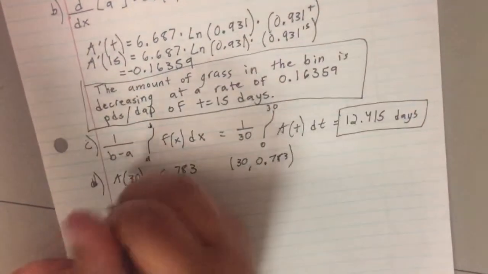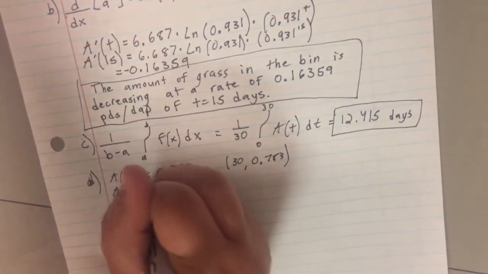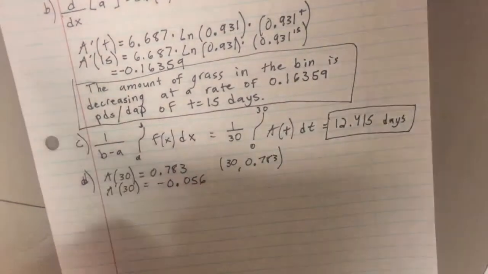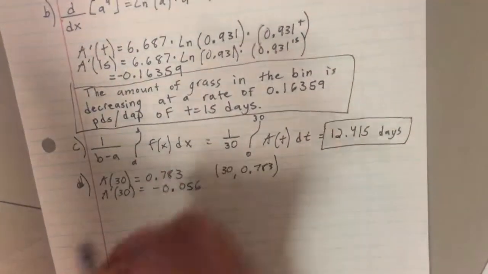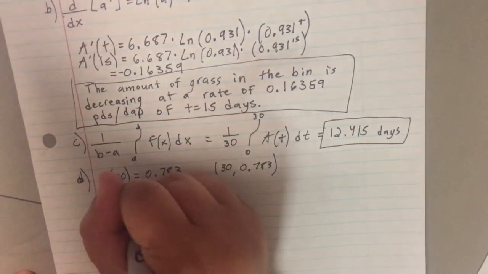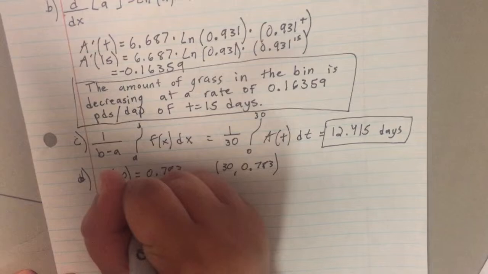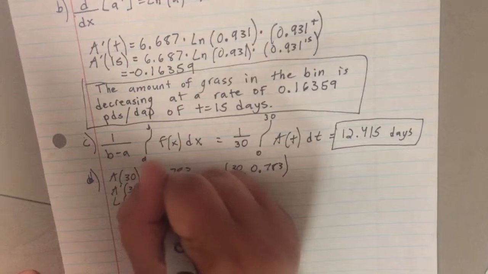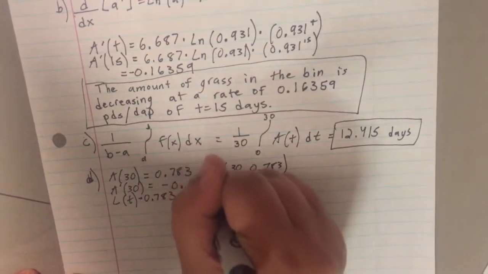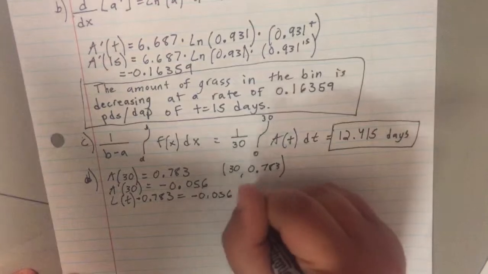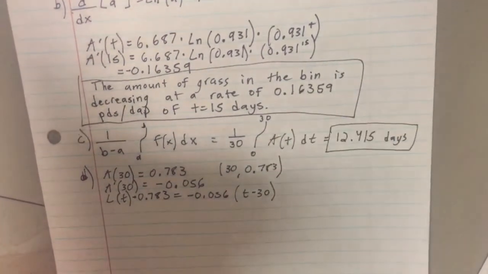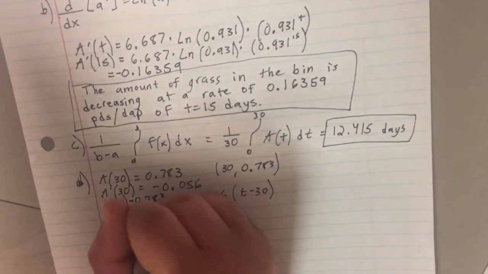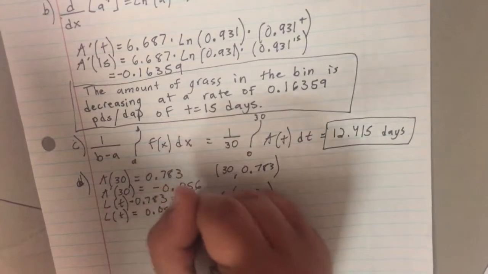Okay, and then if you take the derivative at 30, you will get negative 0.056, which will be your slope, and then you put it in point slope form, and I'm going to be using L of t and t. L of t minus 0.783 equals negative 0.056, which is our slope, times t minus 30. And then you can solve for L of t, and you will get negative 0.056t plus